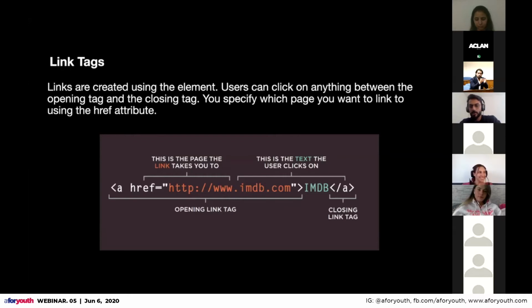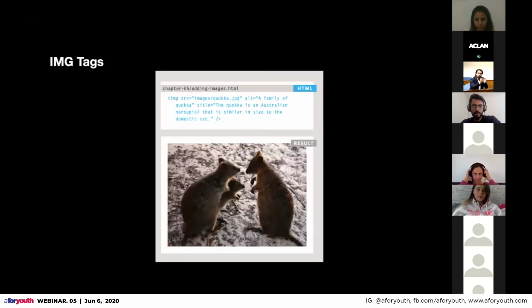And if we want to go to imdb.com, it will actually open up a new tab for us, and we can actually go to this. So we are gonna look into it after seeing these image tags as well.